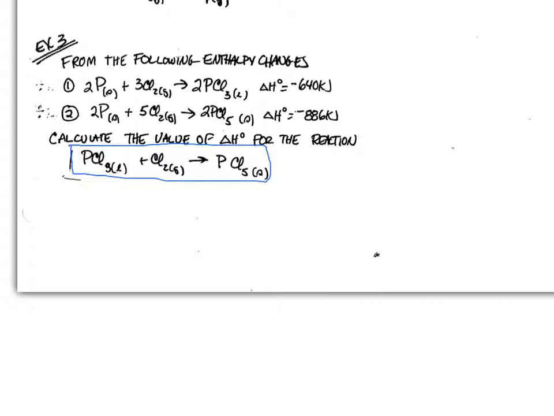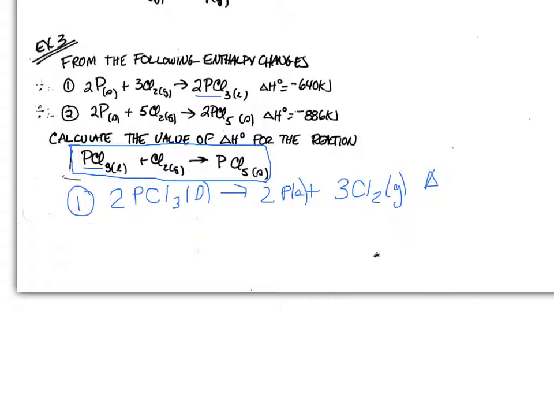So the first thing I notice is we want PCl3 as a liquid on the left-hand side, and in equation 1, it's on the product side. So what we're going to do is go ahead and rewrite equation 1 so that we have 2 PCl3, and it is going to yield 2 phosphorus plus 3 chlorine. And remember, with your delta H, that's going to change the symbol on your delta H to a positive 640